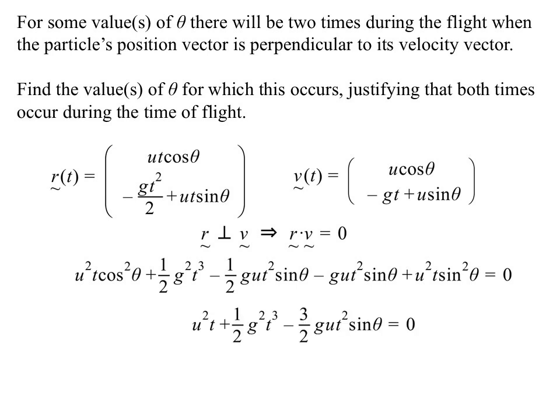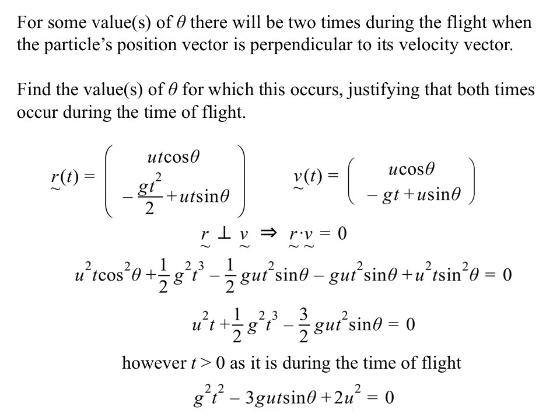I've got this cubic in terms of t. But what I do know is t is going to be a positive number. It's not going to be 0. So actually I could divide everything by t and it's not going to be a problem. I'm not going to divide out a solution. t can't equal 0. So g squared t squared minus 3gu sine theta t plus